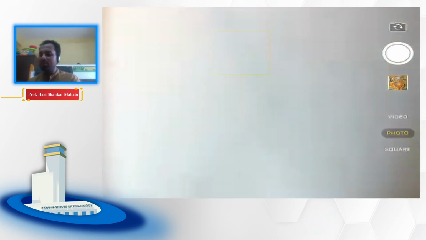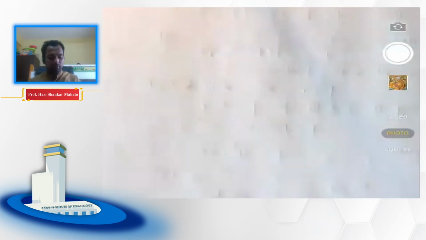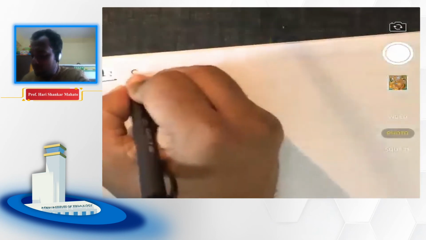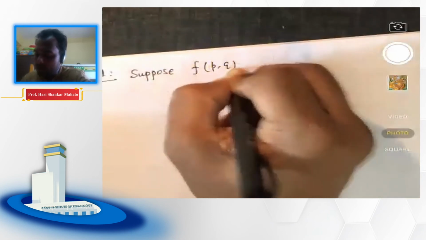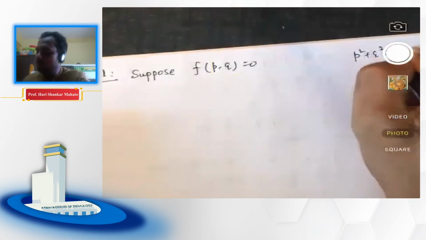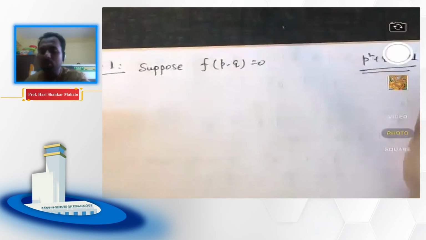Now, motivated by Charpit's method, there are several types of PDEs whose solution you can directly write from Charpit's method itself. So, first of all, types of Charpit's method. In Charpit's method, you have several types. Type 1: suppose the given PDE is f of p, q equals 0. That means you have PDEs of type p square plus q square equals 0 or equals 1, something like that. So this falls under the category of f of p, q equals 0.